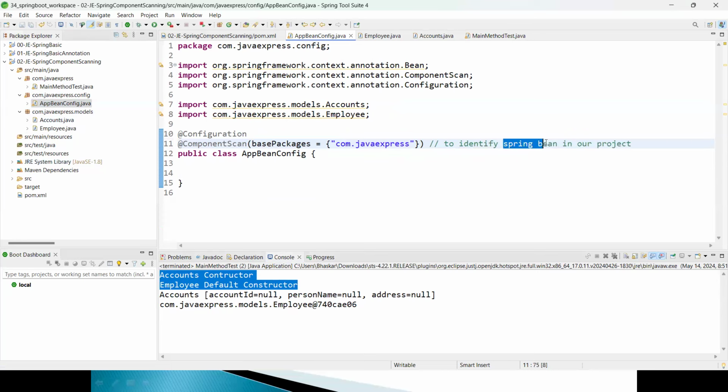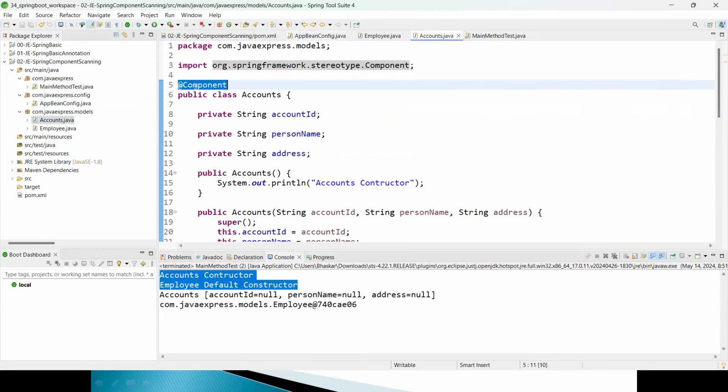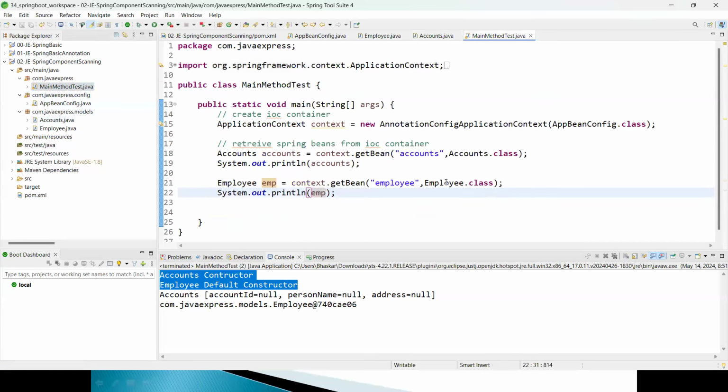How to identify a Spring bean? Whichever classes you mention the @Component annotation on, those annotations will identify them, and at runtime you will get the data. Slowly, see, complexity is reducing, guys. If you observe everywhere,